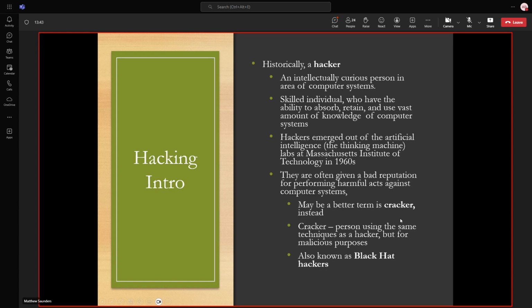That's essentially hacking the system. They figured out how the system operated, what it needed to do certain things, and then they were able to simulate that in order to gain access to resources for free. Obviously this annoyed the telephone operators, right? But that same spirit carried over into the computer age. It's a bit of a nuisance to authorities and businesses, and so hackers developed over time a bit of a bad reputation.